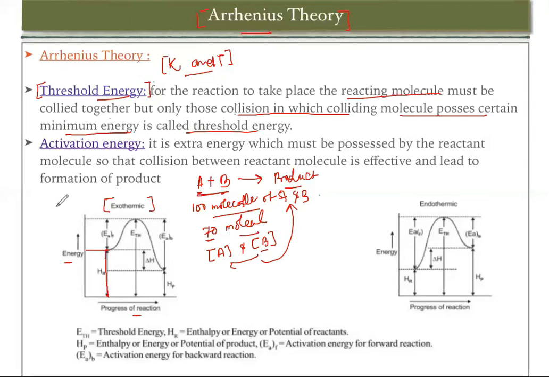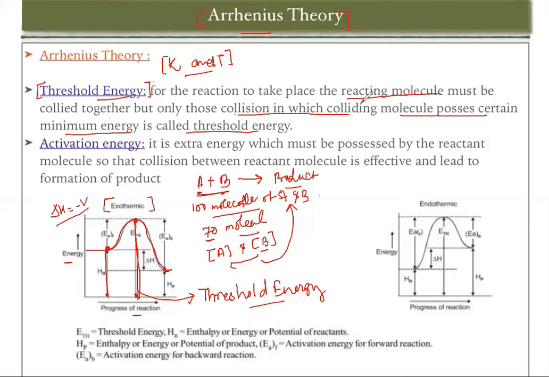As we know, for an exothermic reaction, delta H is negative. For an exothermic reaction, whenever the reactant is present at some amount of energy, it is going to cross this energy barrier and give the product. The amount of energy available to the complete reaction is known as threshold energy. So on this graph, this is the point and this is the point. This total amount of energy is available to the reaction, so this is known as threshold energy.